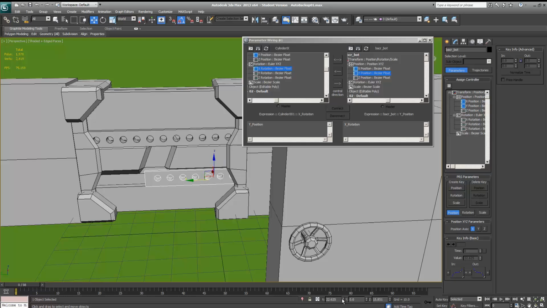If I right click on all of them, I'll be able to bring this bar to the center of the grid, which is of course 0. However, I want to Ctrl Z everything, bring it back to its normal position. Getting back to our task, we are trying to wire the X rotation of our valve to the Y position